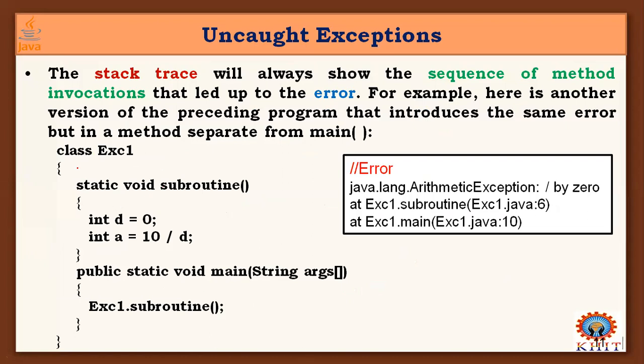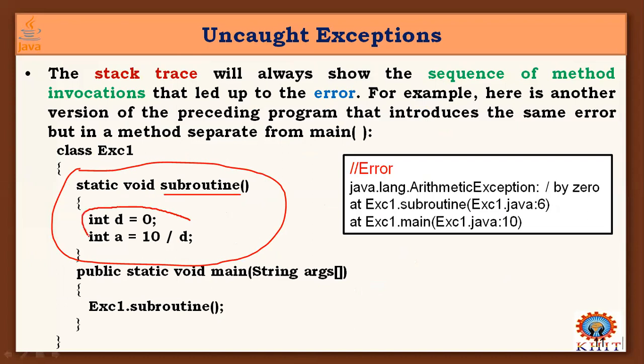If you observe, this is a static void method called subroutine, and I placed the exception-generating code inside this method. The class name is Exception1, and inside the main function I am invoking this subroutine method,